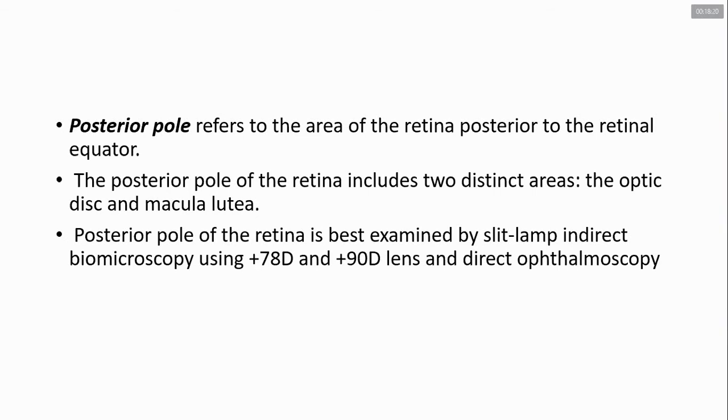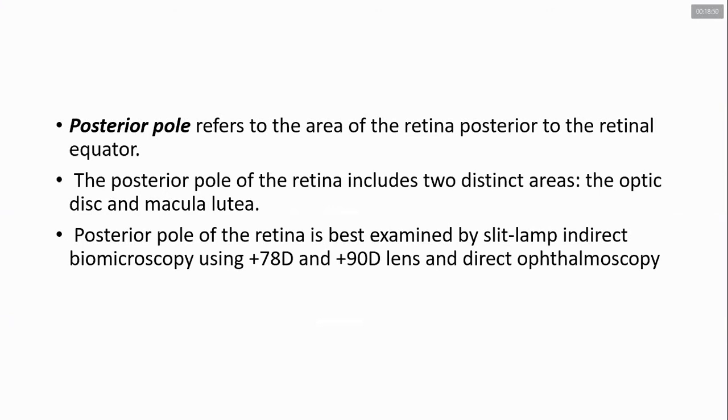Without the lens, we cannot see the fundus. Up to the anterior segment only we will be able to see with the help of the slit lamp also. But with the slit lamp added with this diopter lens, we will be able to see the posterior segment. So the posterior pole is more clearly seen with the help of these lenses. I think all of you get my point that the posterior pole includes the optic disc and the macula.